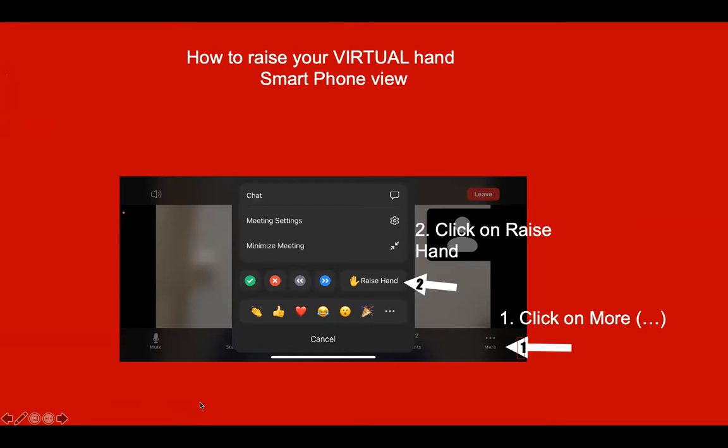If you would like to speak to the convention, you will have to raise your virtual hand. With 200 people at the meeting, we're not going to see this. You might be on page 2, 3, 4, or 5. So the only way that we will see you is if you raise your virtual hand. What happens when you raise your virtual hand is you move to the top of the list, first page, so that we know you have your hand raised, and it puts you in the order that you